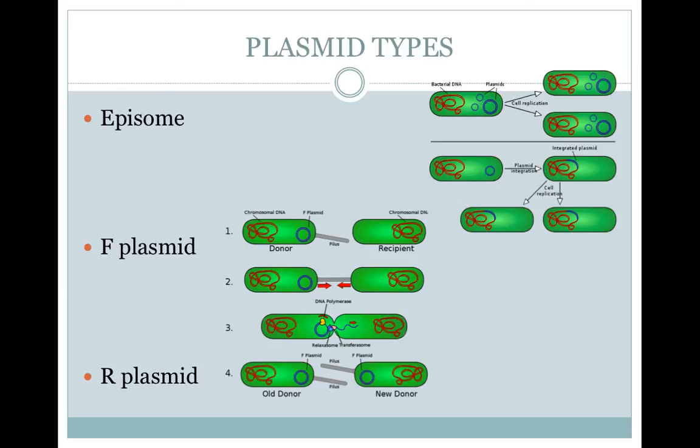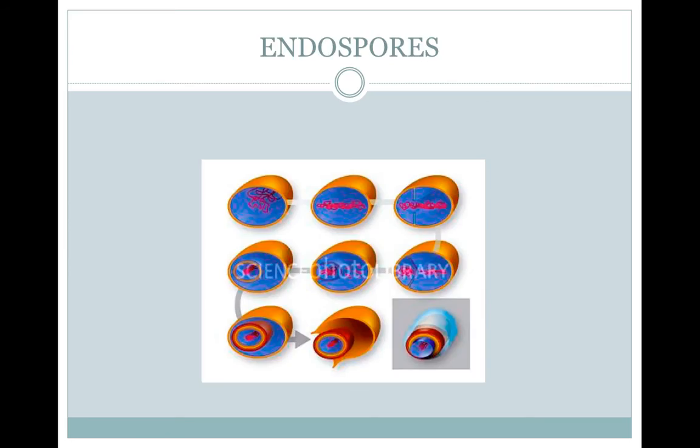R plasmids are plasmids with genes that make them antibiotic resistant or resistant to something else like disease or other pests. Some bacteria can survive harsh conditions by forming endospores. Endospore is when the cell produces a copy of its DNA and surrounds it with a tough wall. They can only be killed by an autoclave. That is a piece of equipment that heats under pressure to 121 degrees Celsius. Boiling, which is 100 degrees Celsius, will not kill endospores. They have been found in mummies thousands of years old.